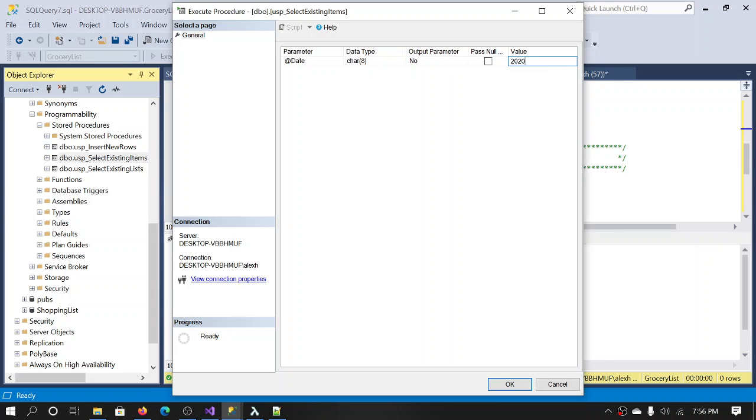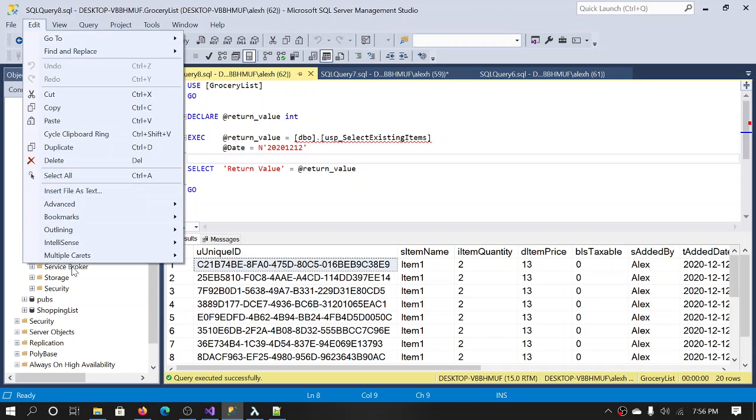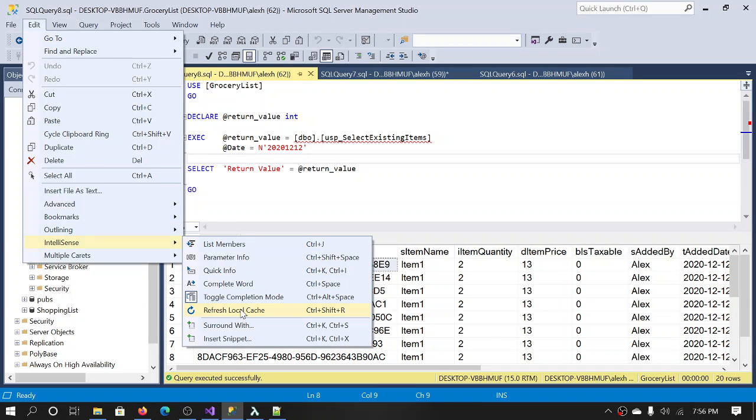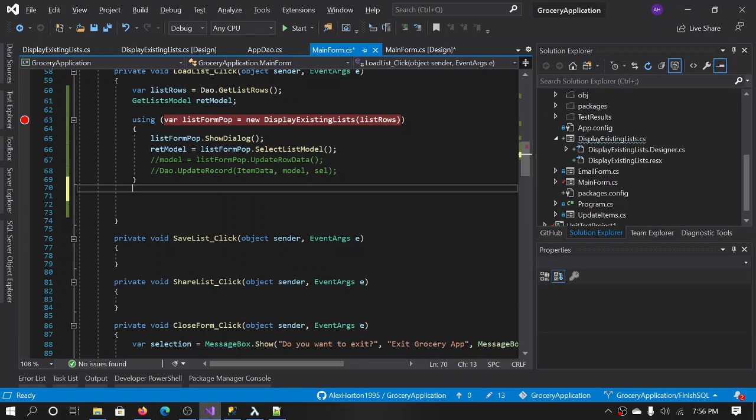2020 12/12, and let's see what happens. Yep, it gives us 20 rows back. Alrighty. So now we've got a model that we are going to be able to